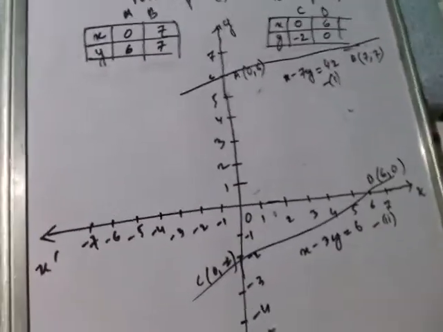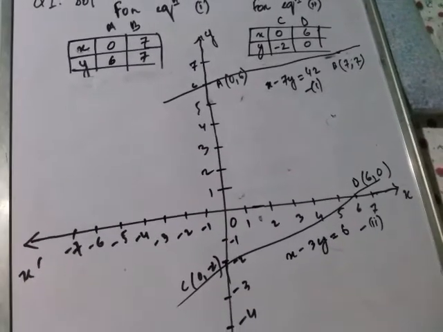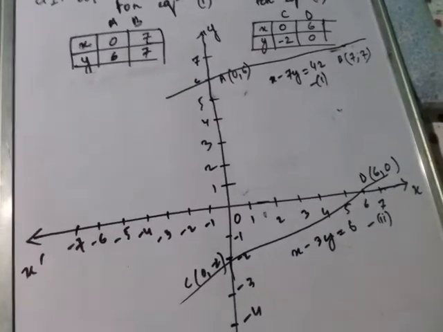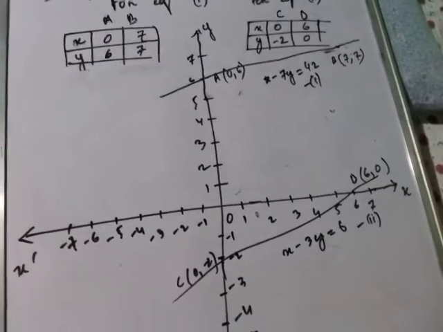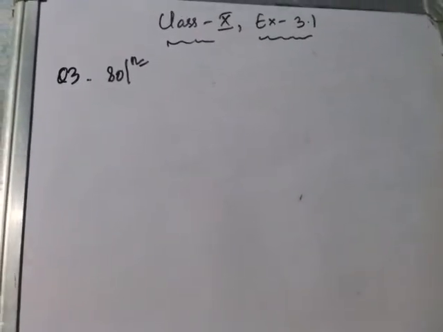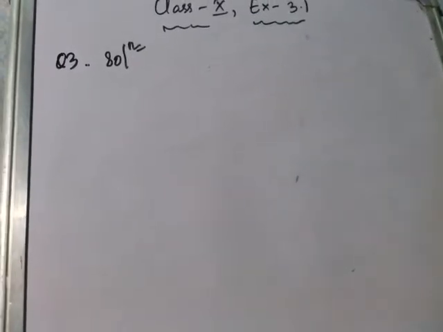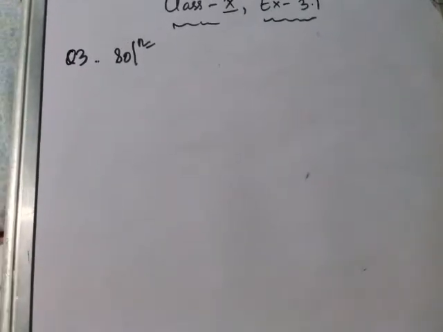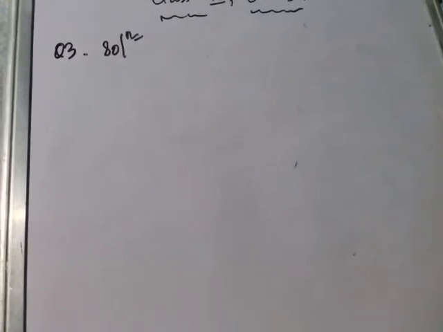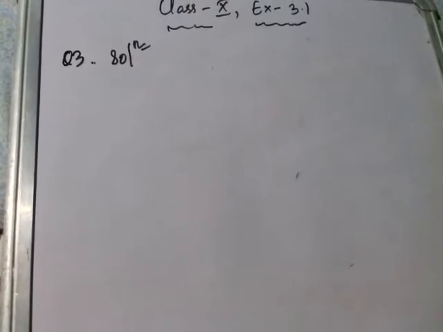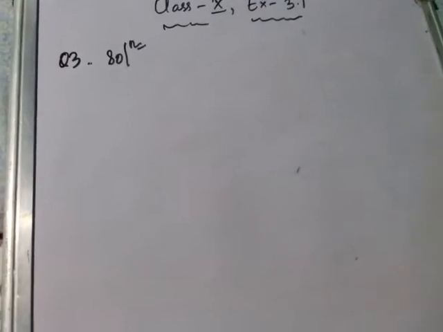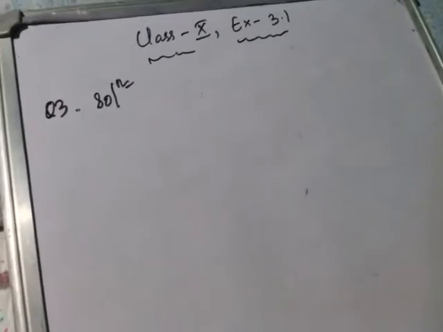Understand? So question number 2 will be your assignment, and I will do question number 3, but I will do only the algebraic part, not the graphical part. You will do the graphical part as your assignment. So now question number 3. What is the question here? The cost of 2 kg of apples and 1 kg of grapes on a day was found to be rupees 160. After a month, the cost of 4 kg of apples and 2 kg of grapes is rupees 300. Represent the situation algebraically and geometrically. Geometrically, that means graphically. Geometrically and graphically will be the same.